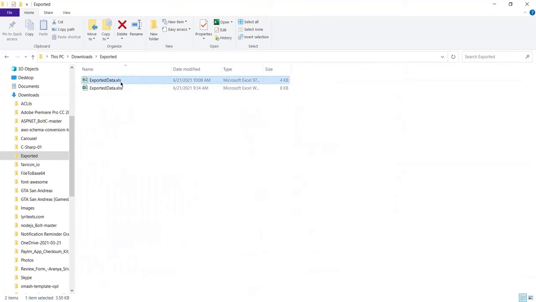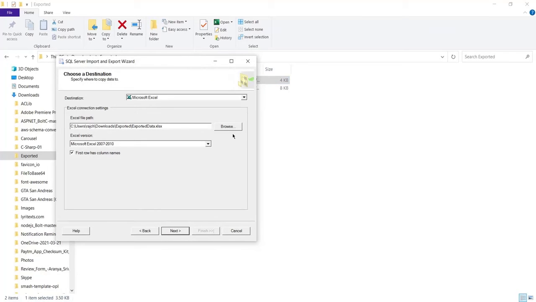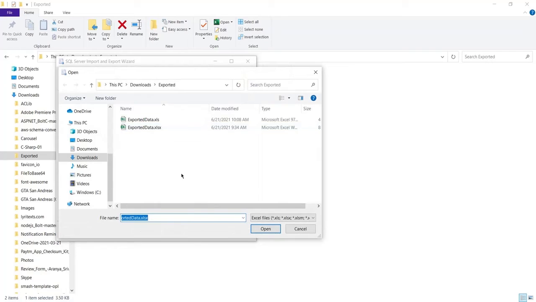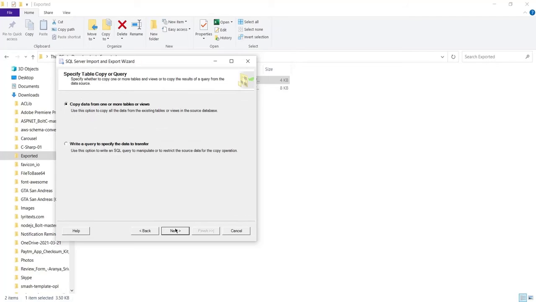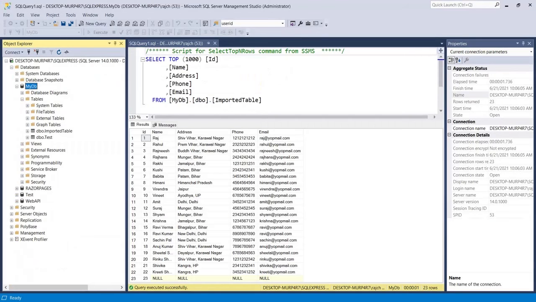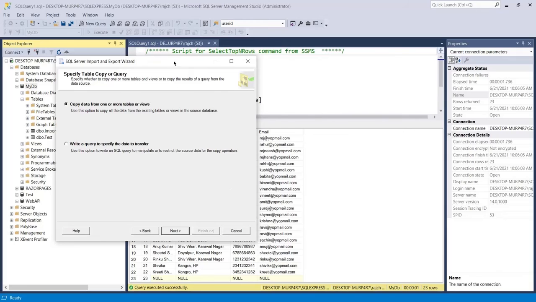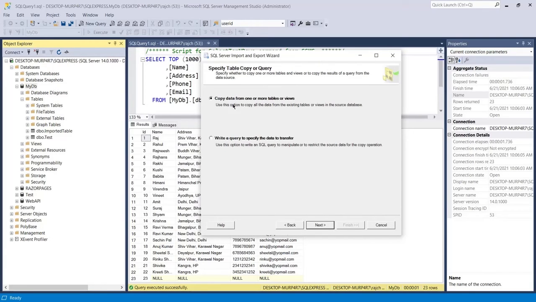Now this is my latest file which I just converted, and now I will use this file for the export. So I will click on Browse and I will click on this XLS file, and then I will click on Next. Okay, now keep this selected.